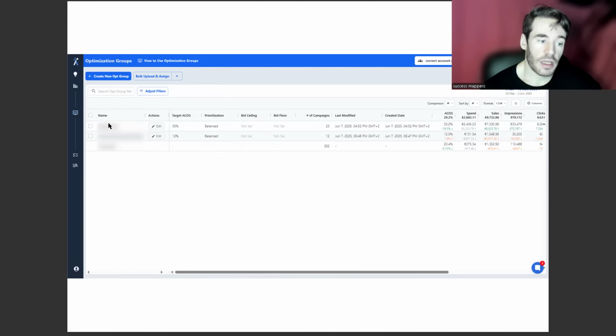So, for example, here we set up groups associated to a product. You set up the bid ceilings, you set up the bid floor, so the limits of the bids, maximum and minimum that we want. You can see the number of campaigns, and here you can see each optimization group